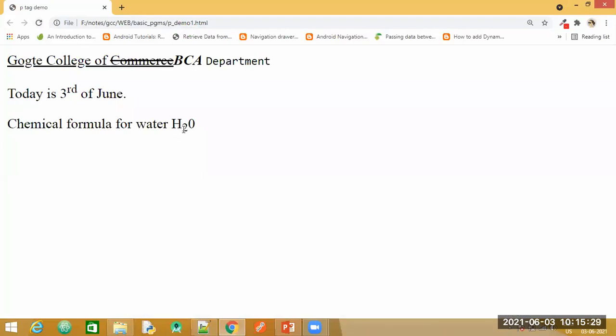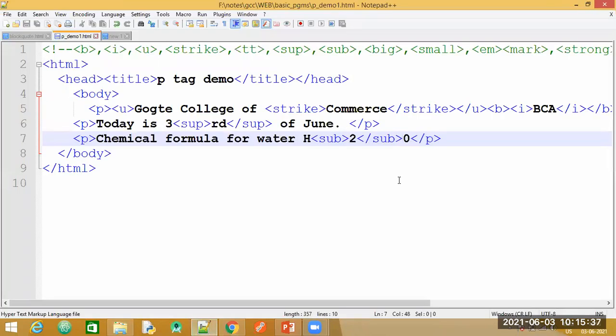Now what I want is this particular letter, the number 2, to be displayed in a different color. So which attribute are we going to use? I need it to be displayed with a different color.